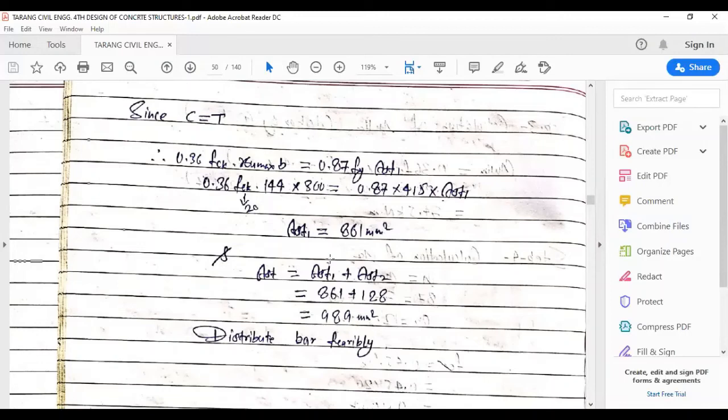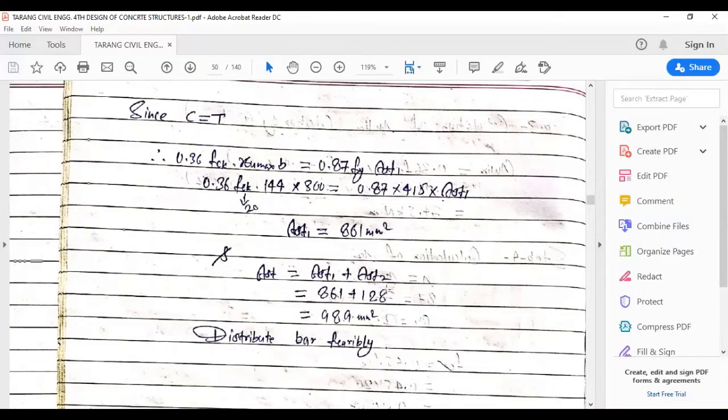Let's say in the last session, we provided 2 bars of 20 mm dia and 1 bar of 22 mm dia. So here you can also do the same. For this you can provide 20 mm, for this you can provide 22 mm, maybe 25 mm, depends upon your choice. For area of steel under compression, for compression bars, you can provide thinner bars of say 10 mm, 12 mm dia. So it's one's choice.